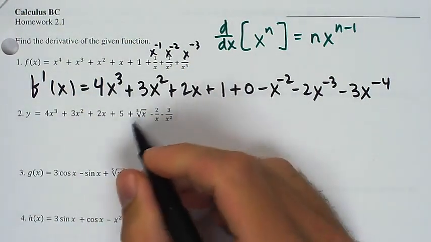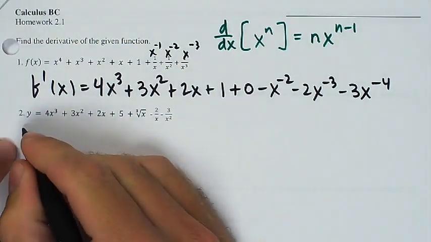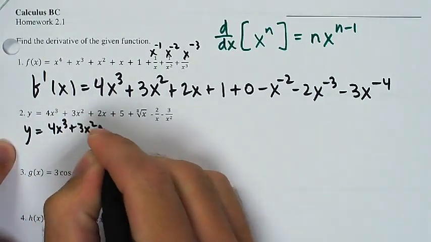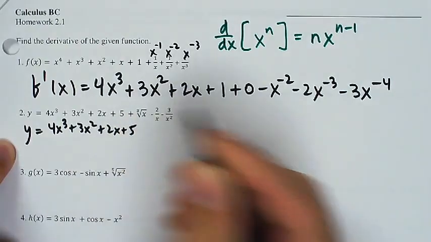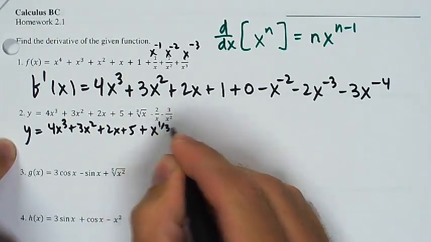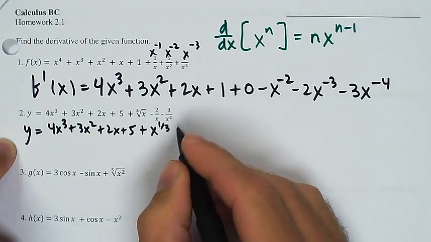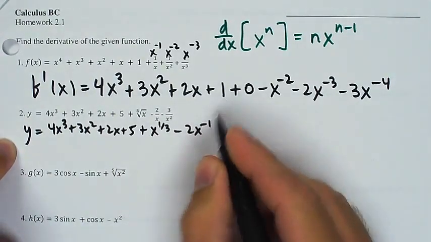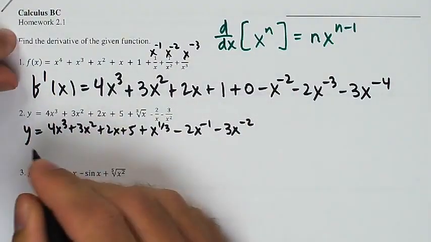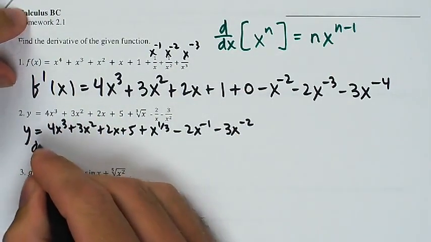Now we're going to have to rewrite this with y equals 4x to the 3, 3x to the 2, 2x and 5. Those are fine, but I'm going to have to take this cube root x, and I'm going to write that as x to the 1/3 power. Then I'm going to write this as minus 2x to the negative 1 and negative 3x to the negative 2, so that when I go and take the derivative,